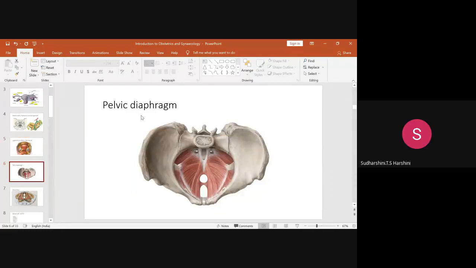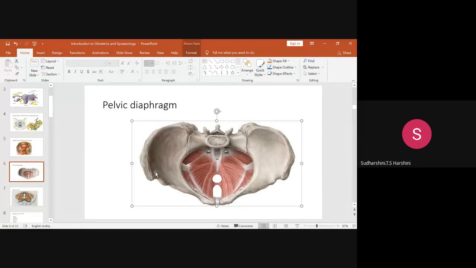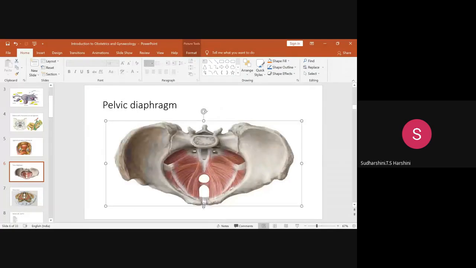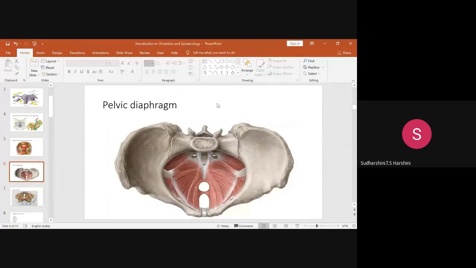Yes, ma'am. Okay, so now coming to the major support of the uterus and the vagina, which is the pelvic diaphragm, or the levator ani muscles. Levator ani comprises three muscles, namely the pubococcygeus, iliococcygeus, and ischiococcygeus, of which the pubococcygeus and the iliococcygeus alone will be included in the pelvic diaphragm. Ischiococcygeus, they have deleted it actually. Some books may give it, but actually the ischiococcygeus is deleted.